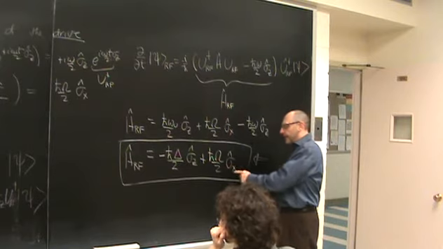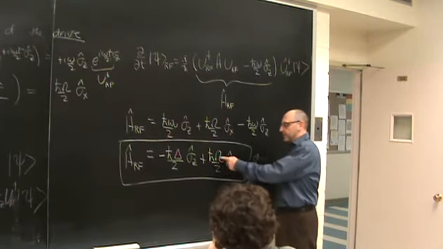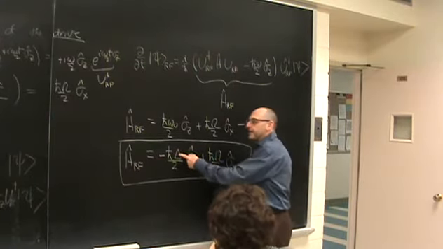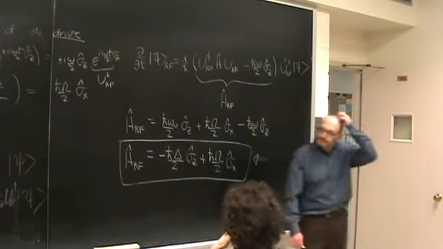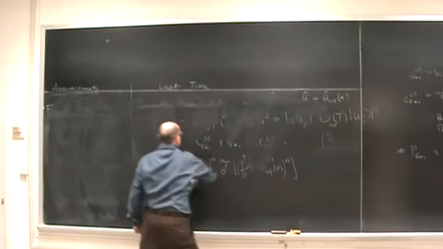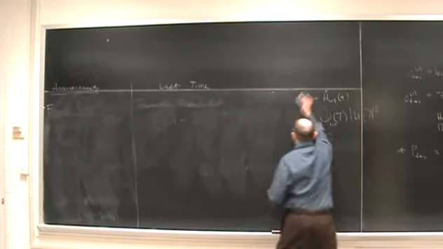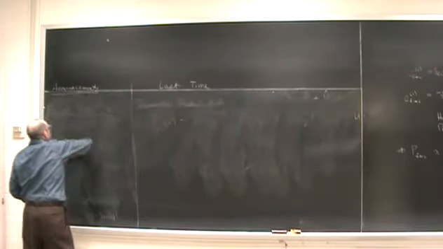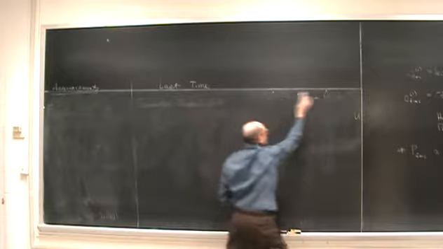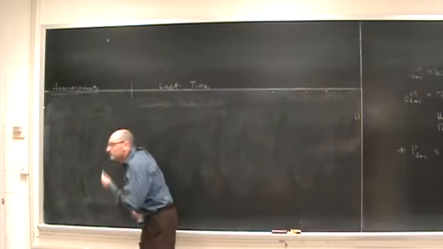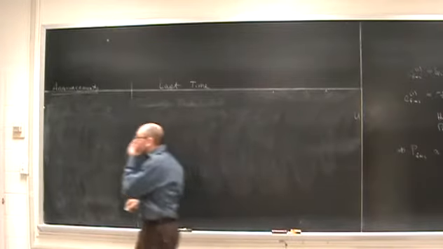It's got a torque around the x-axis proportional to the Rabi frequency and a torque around the z-axis proportional to the detuning. So, right on resonance,